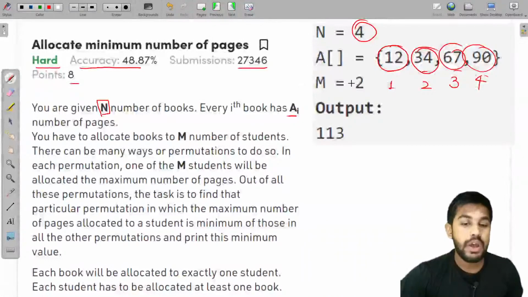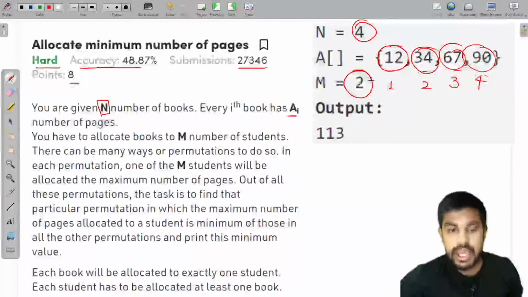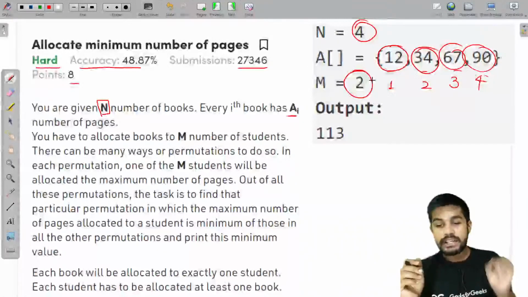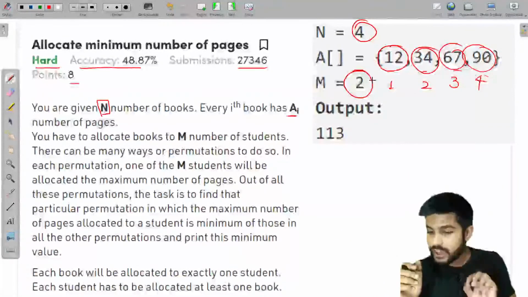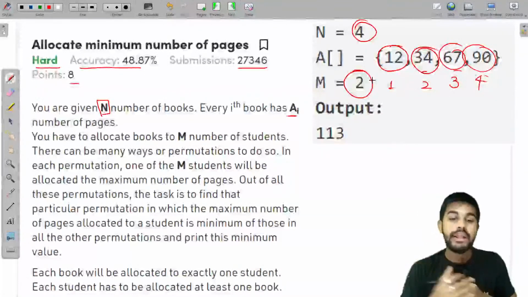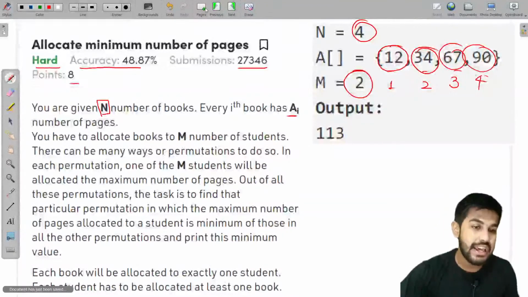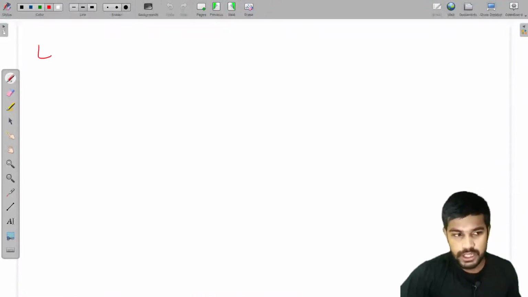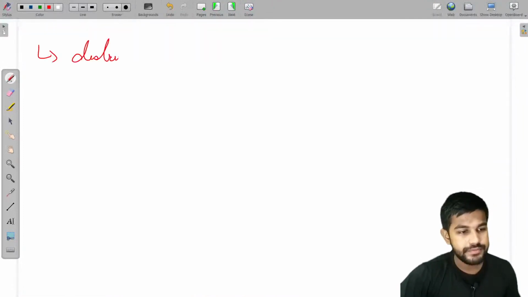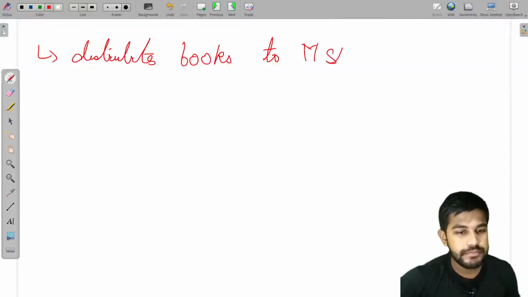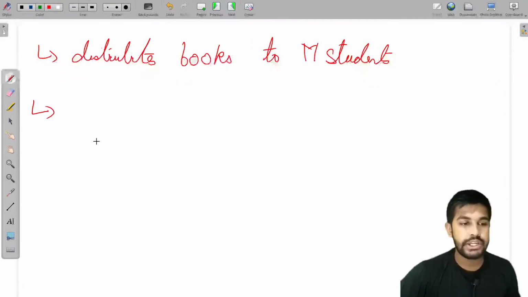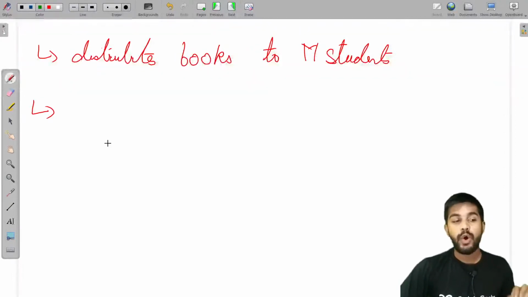Okay, and now there are m students. Suppose you have 4 books, and now you need to divide all the books among 2 students, given m students. The task is to distribute the books to m students. Okay, and the next thing is that